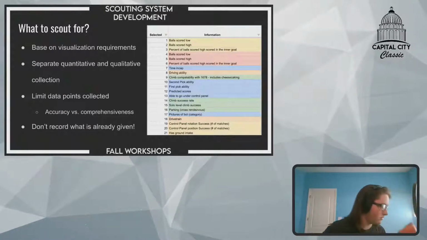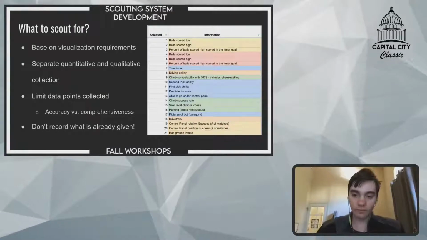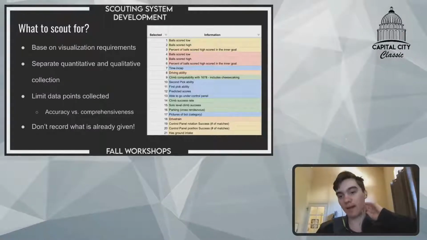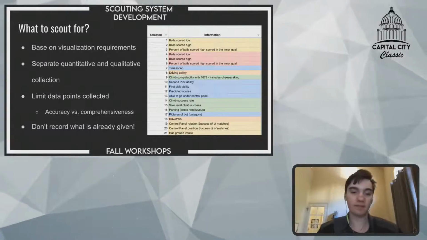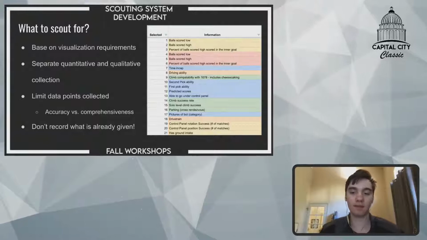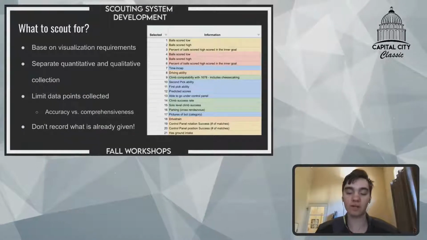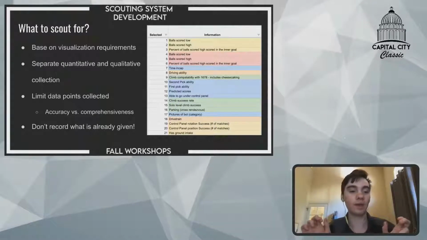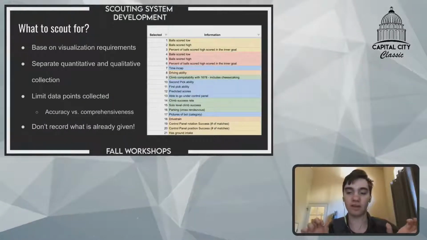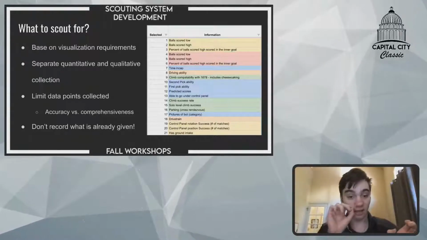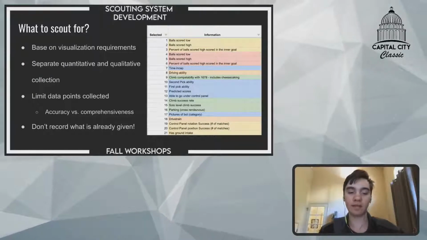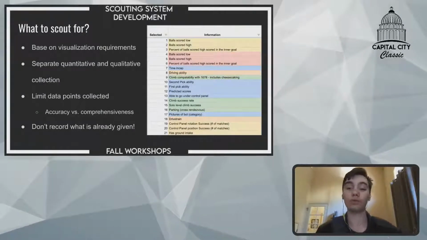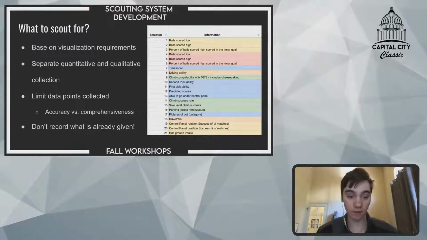Okay. So the way 1678 actually determines what we're scouting for is we work backwards from the visualization requirements. Then we separate any qualitative data collection from quantitative data collection. So we have two different groups of scouts that collect either quantitative data or qualitative data. Again, we try and limit what we're collecting to the minimum needed to fulfill all of the visualization requirements,